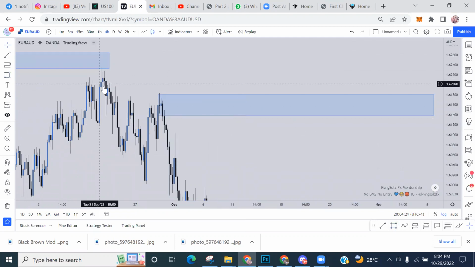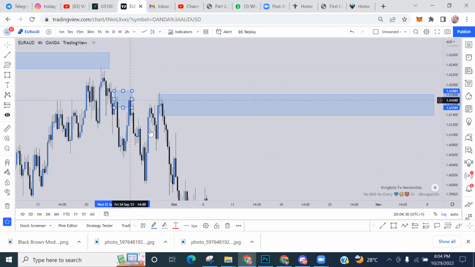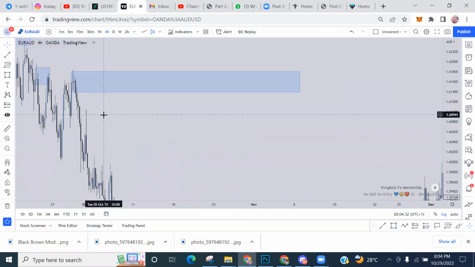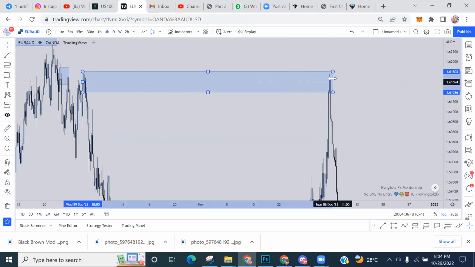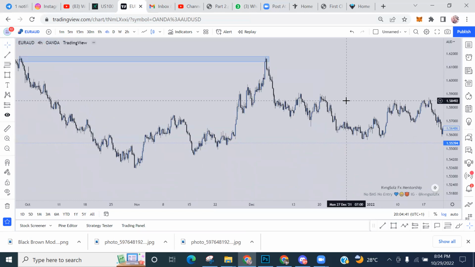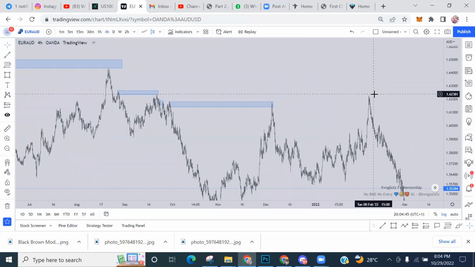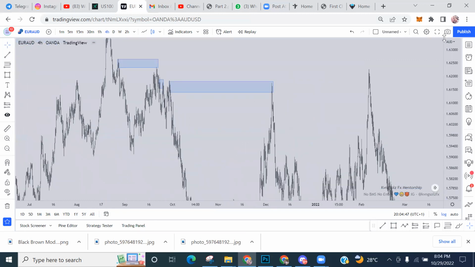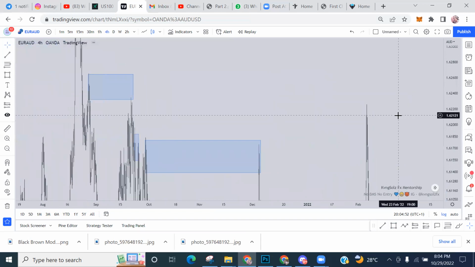Understand? This one was mitigated. This one here was mitigated. So the market keeps on tapping zones. See this one here, mitigated. It keeps on tapping zones and then falling. Now you'd see the market came in for this zone and boom, it didn't hit your SL. Now it's becoming easier to understand. Oh, okay, this is the one I was looking for. No problem, the manipulation is all right.